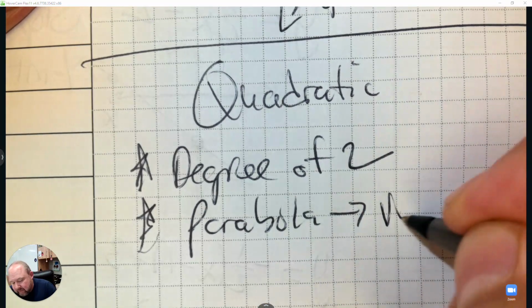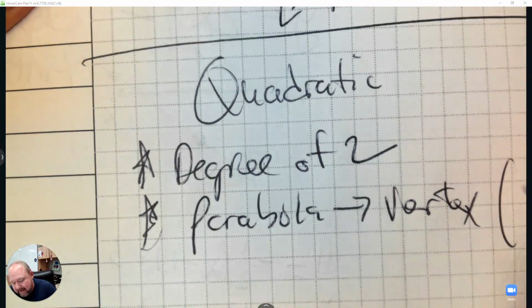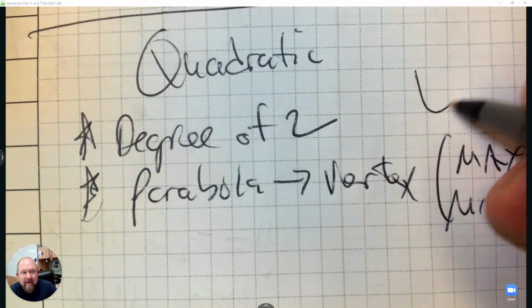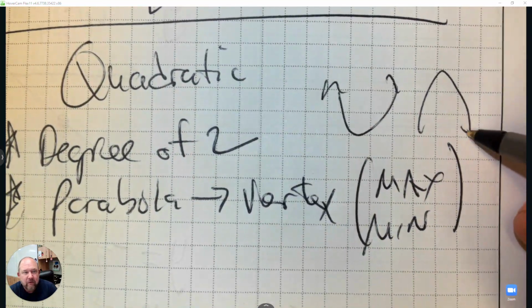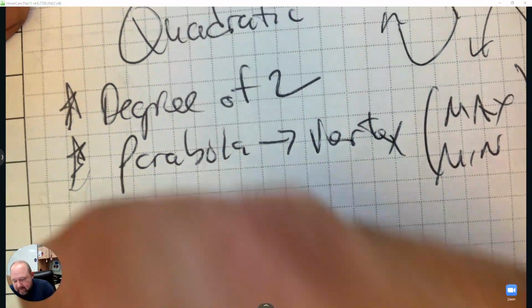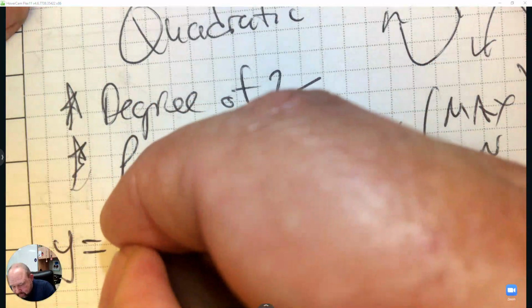And a parabola has a vertex, which is either a max or a minimum value there. And that's going to look like a U, either a U going up or a U going down. So there's a quadratic that we're looking at. So if I give you a quadratic,